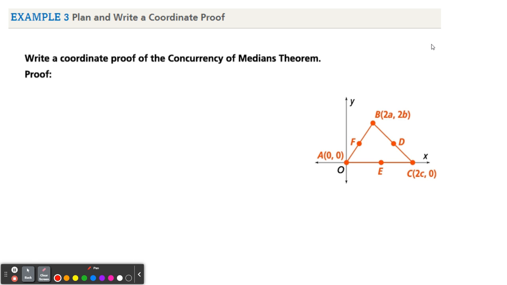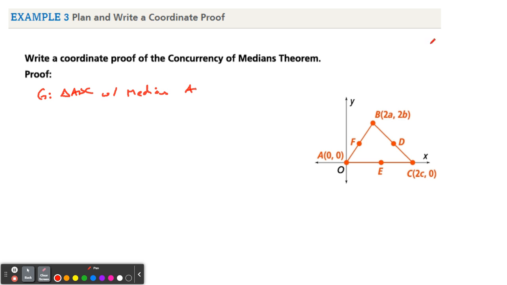So here's the picture we're going to use, and again, I'm glad they used 2's with their generic coordinates because we're going to use the midpoint formula. So in this proof, we are given, and again, I wish they would give you this part, we're given triangle ABC with medians